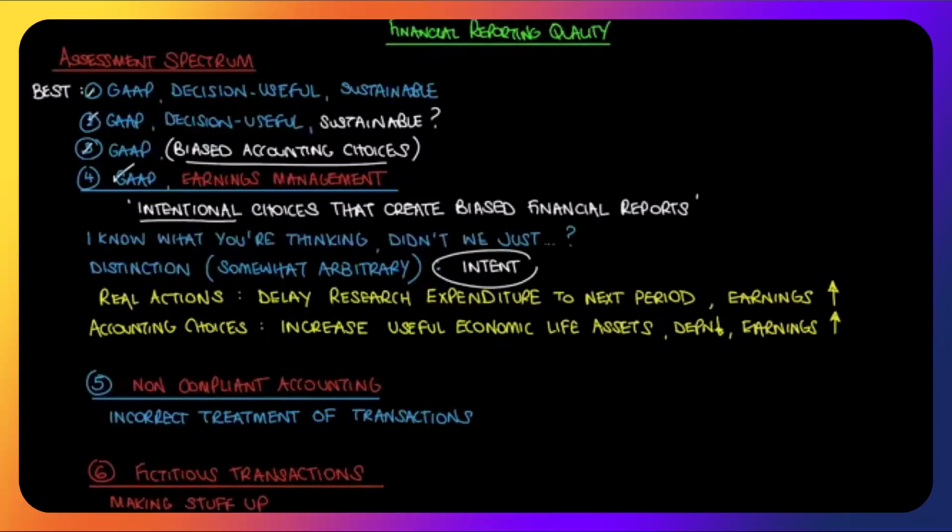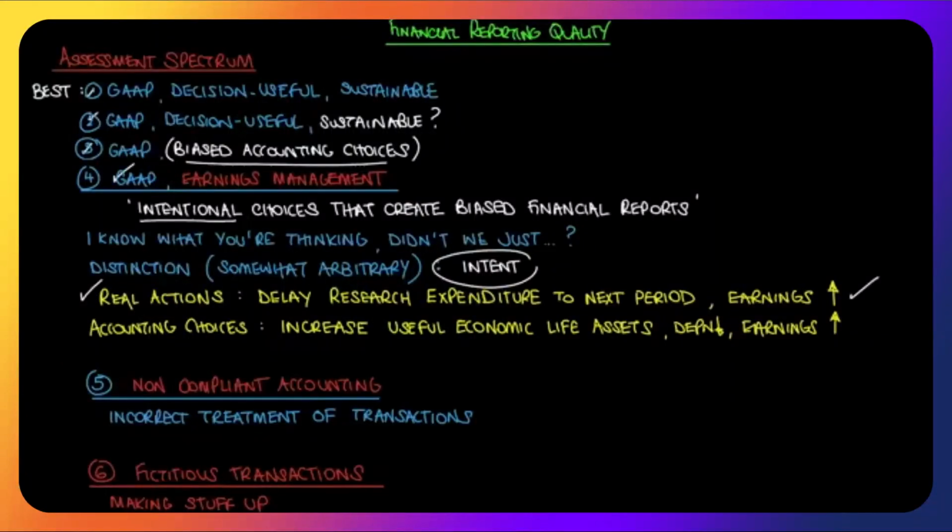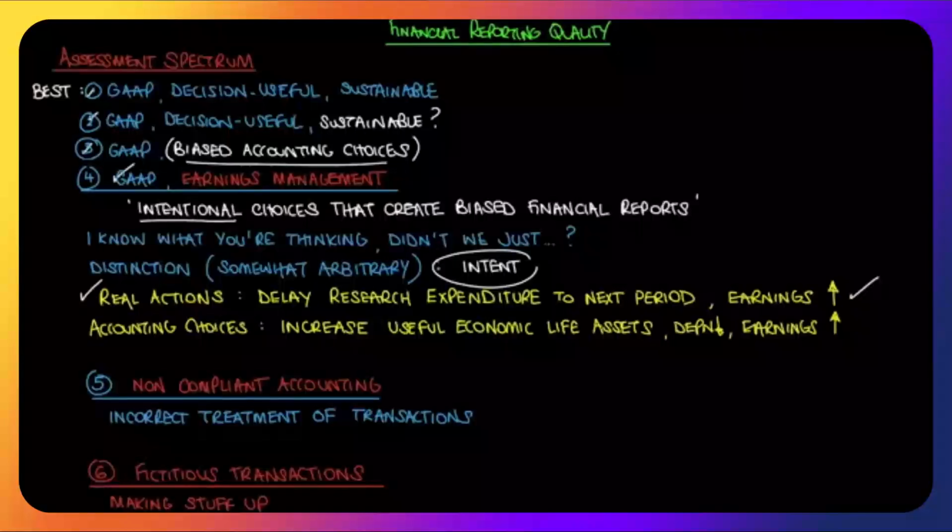Earnings management is definitely this one. Real actions. Management sees they're not going to hit the target this period, so deliberately and with malice aforethought delays research expenditure. And you can tell this if you have access to the information. If they're not disclosing, different issue. But if you did have access to the information, if their accounts give you decision useful information, you'd be able